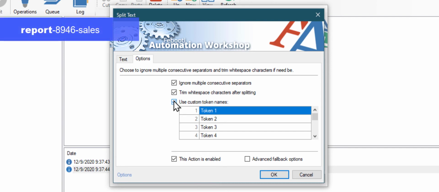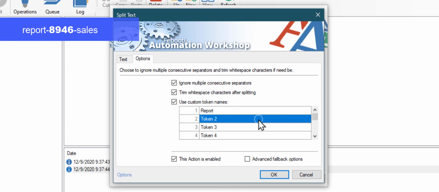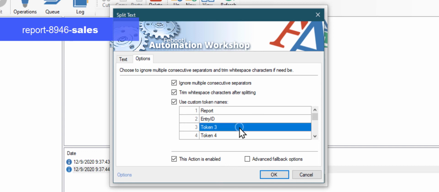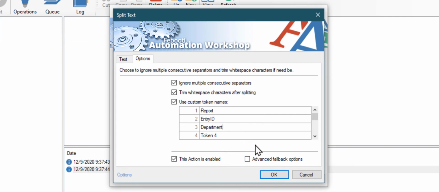The first part is the Word report. Let's name it Report. The second is our internal ID. Let's call it Entry ID. And the third is the name of the department. Let's call it Department. I will leave the fourth and the subsequent as is. Click OK to add this action to our task.